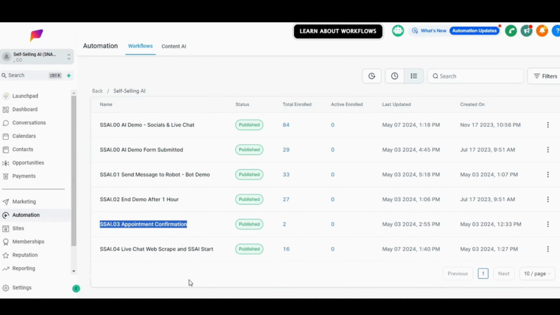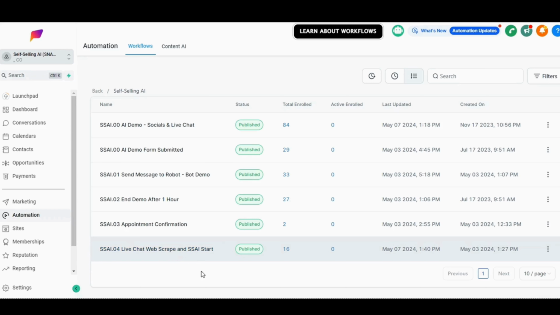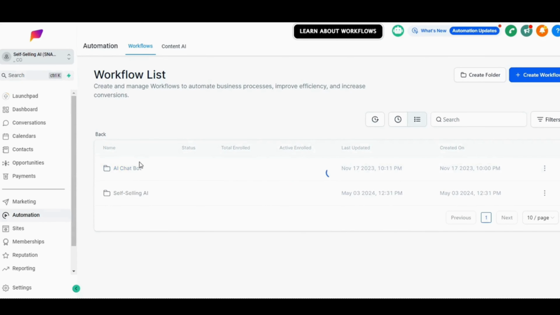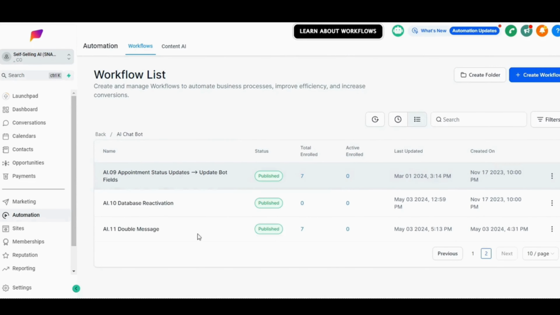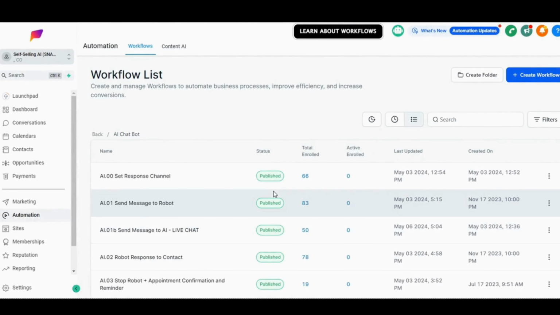SSAI 03 allows a dummy appointment confirmation and invites them to book onto the real calendar, ends the demo, and switches it all over to the normal workflows. And lastly, SSAI 04 is the live chat web scrape and SSAI start for the live chat channel. It goes through the process there. So the only three you need to update are the first two and the last one. Everything else is already set up and ready to go. You just need to drop in your high-level API key into those. Your AI chatbot workflows are all as normal, just with some additional criteria in them to filter out the SSAI, the self-selling AI responses, so that those